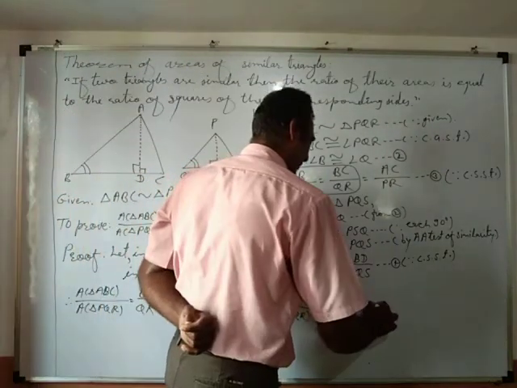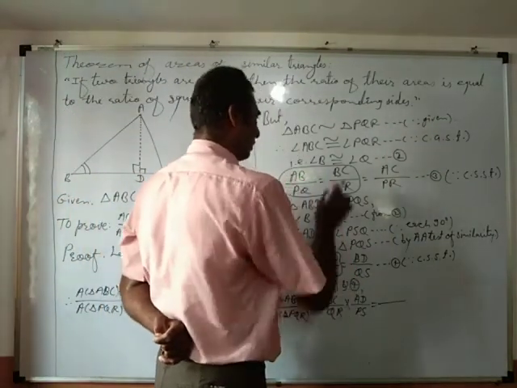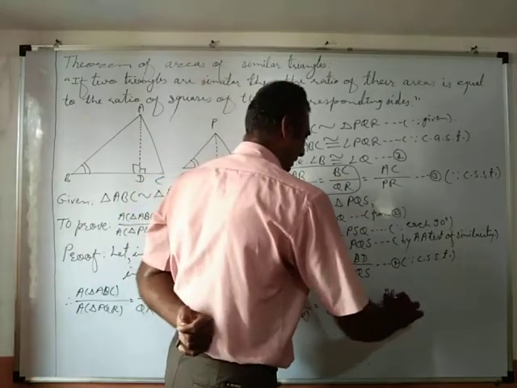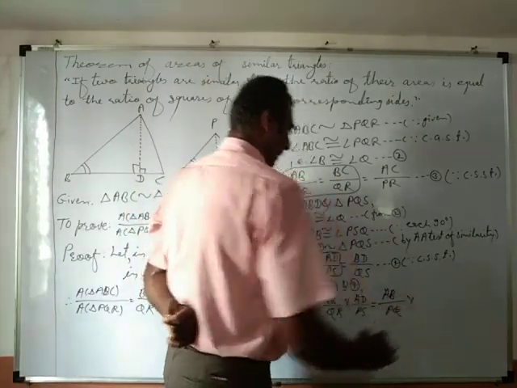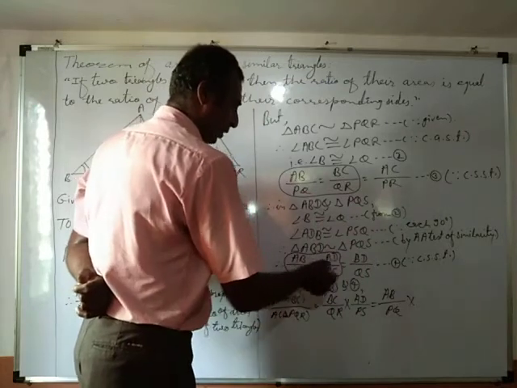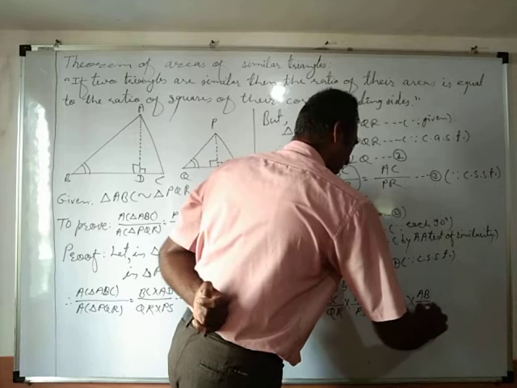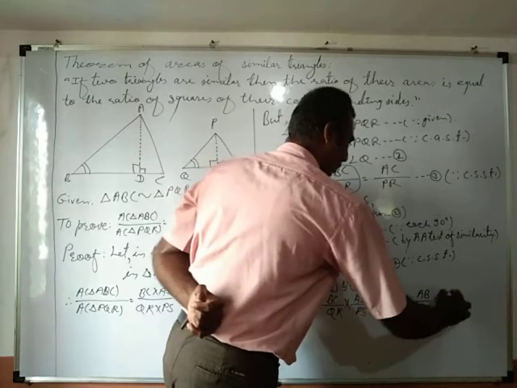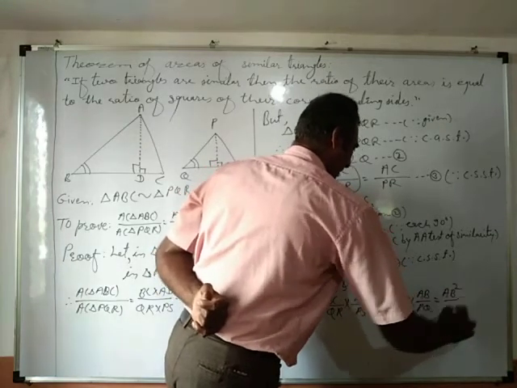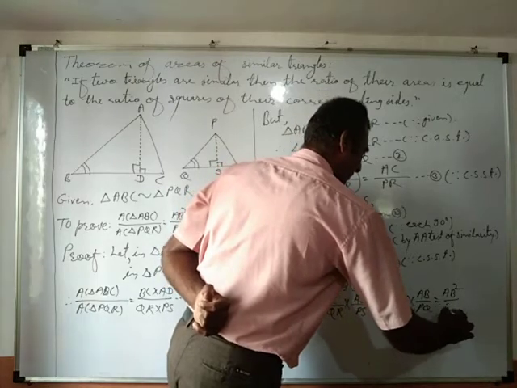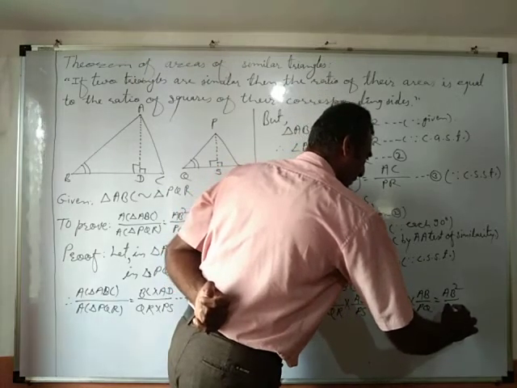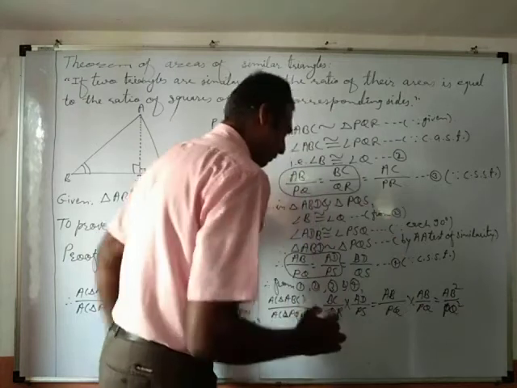Okay, let's replace BC upon QR by AB upon PQ, and AD upon PS by AB upon PQ. Okay, and therefore AB into AB gives us AB square, PQ into PQ gives us PQ square, and therefore